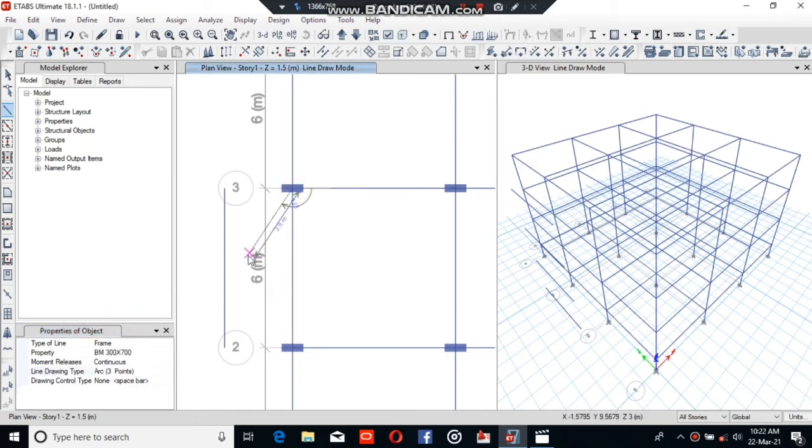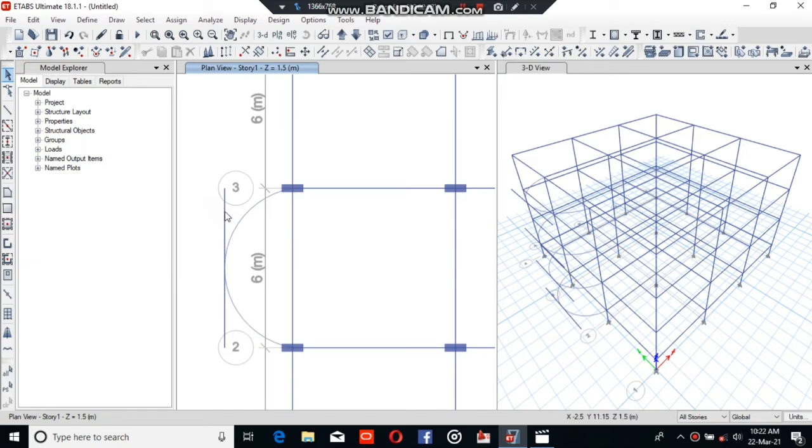Click on the first point, click on the second point, and then click on the third, final point. This line we replicated just for the measurements, just to know the exact location of the third point for the arc.